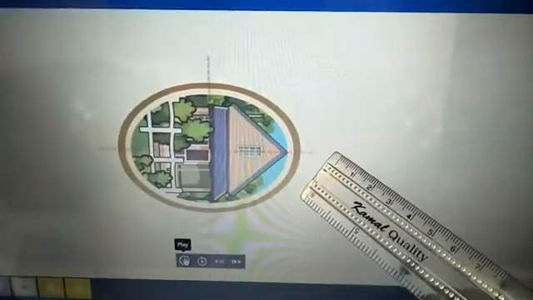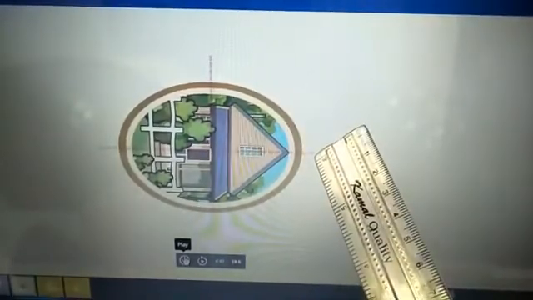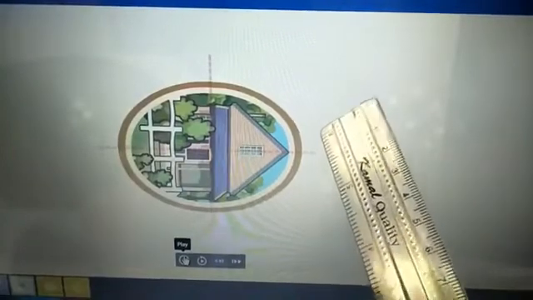Listen children. This is our 90 degree, 180 degree, 270 degree and 360 degree. In the circle wheel, there is no change after so many rotations. But see here, after one rotation, this 90 degree has come to 180 degree. So this picture has changed. So this is not the same.